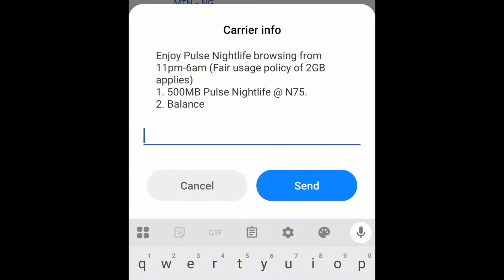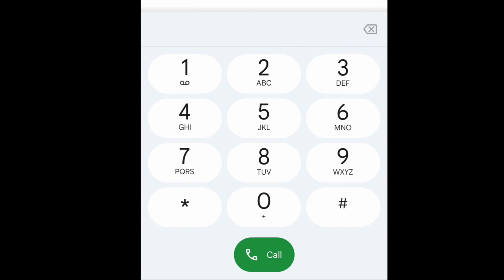If you do a lot of work in the night, you can use this code to get it at a very cheap rate. You can use it for your night browsing. With 75 naira you can get 500 MB, which means with 150 naira you can get 1 GB of data I can use for your browsing. The number 10 code I can use to get it at a very cheap rate from